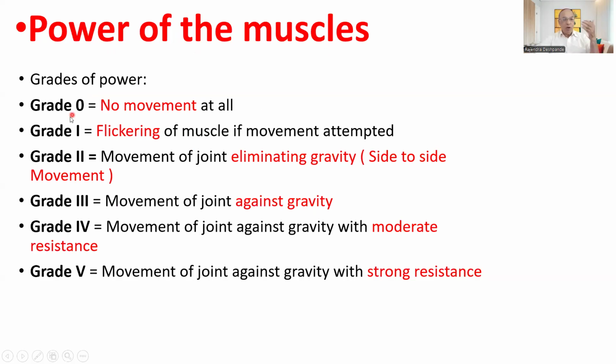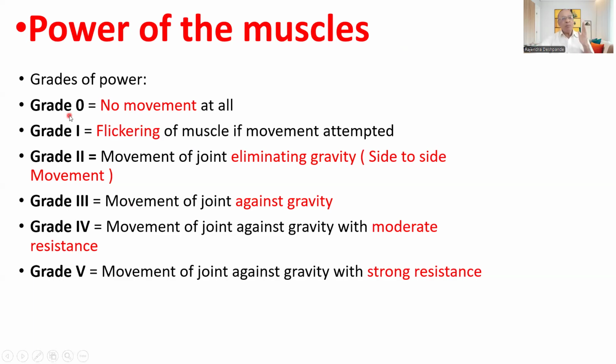In the examination, the student is always asked to examine the volunteer and show what is the normal grade. Actually, in a normal person, the grade will always be 5. But if the patient has paralysis, hemiplegia, quadriplegia, then the grade in the beginning will be 0. And after a few weeks, a few months, the grade will gradually improve. In the nervous system, the improvement is always possible up to a maximum of 6 months. So there you will require Ayurvedic treatment, modern treatment, and physiotherapy is also very important to come back to normal after a hemiplegia attack.